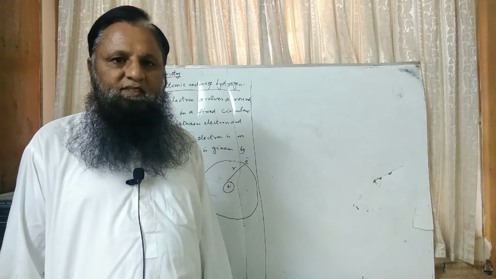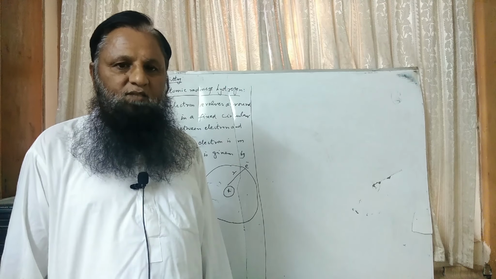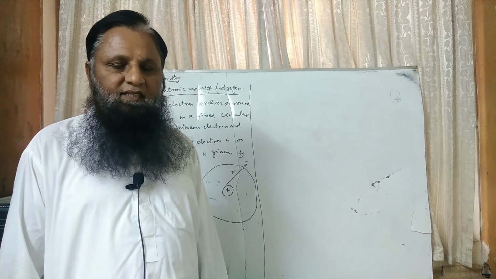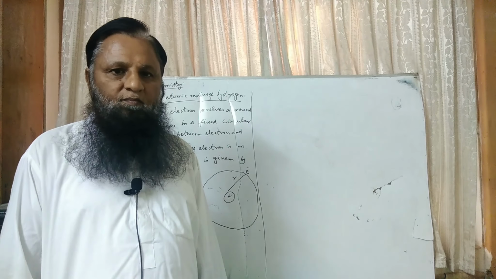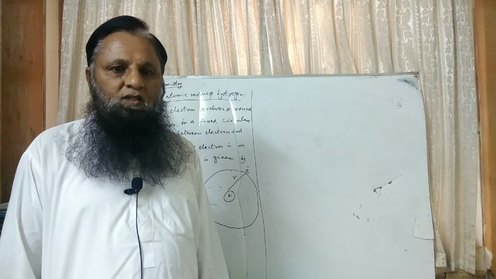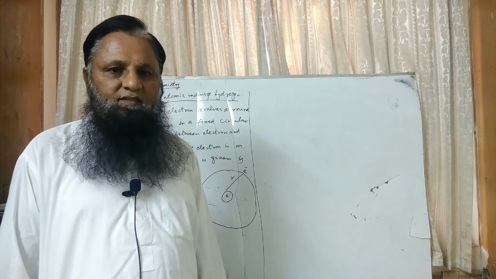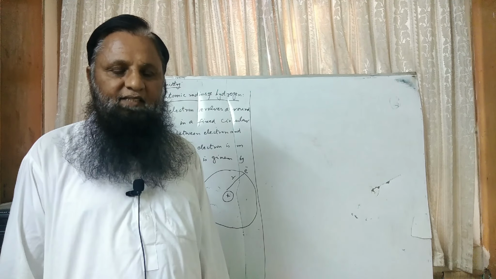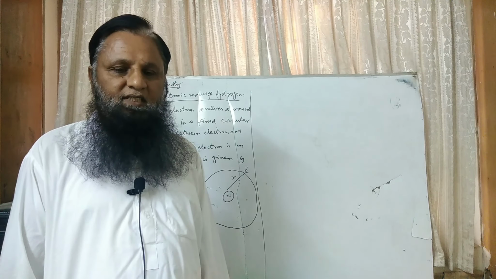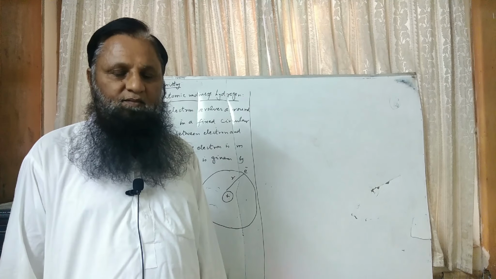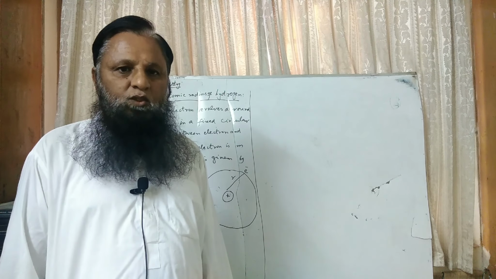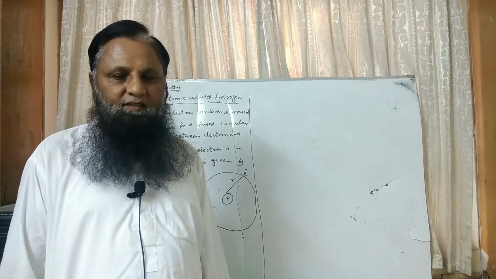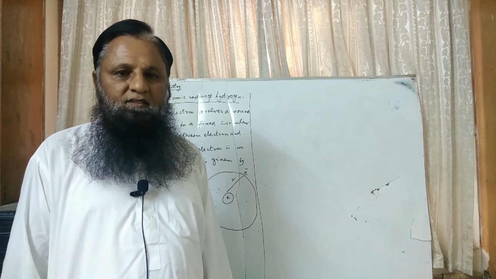Angular momentum is given by mvr equal to nh over 2 pi, where n is the principal quantum number and h is the Planck constant. Today we are interested in the atomic radius and energy, that is, the energy difference equal to delta E equals E2 minus E1. How to get the radius and how to get the energy, today we will derive the expression. So we just start from this.